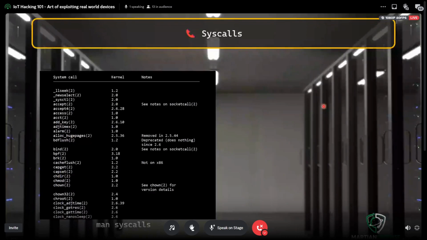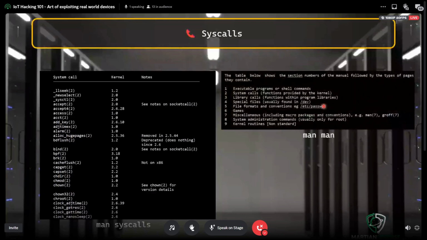You can go to the terminal and type man syscalls, which will give you a list of all the syscalls. Another interesting one, in my eyes, is man man. It gives you the manual of the manual.